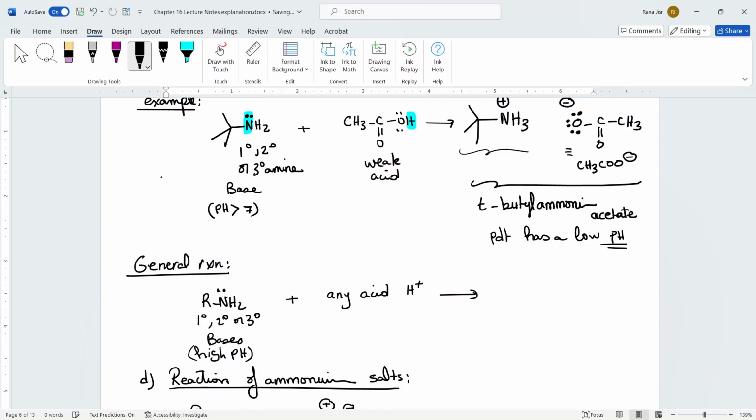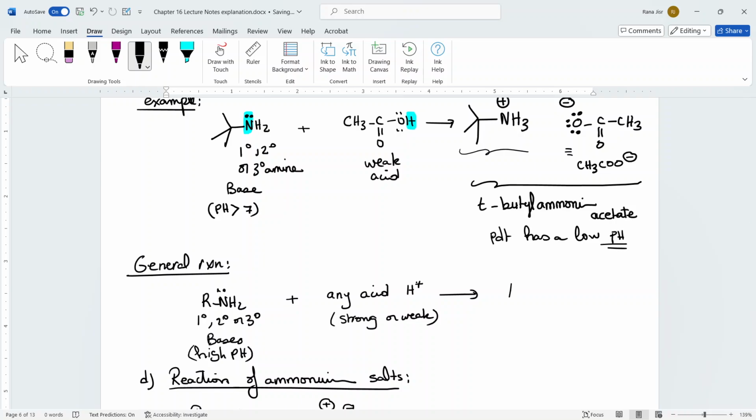The acid can be strong or weak. Because you saw that if the acid is strong, if the acid is weak, we're going to get exactly the same mechanism in there, where simply the base is going to come and take that acidic hydrogen. Of course, the reaction is going to be either faster or slower depending on the type of acid that we are working with, but the product is always going to follow the same rule. Bases take the acidic hydrogen.